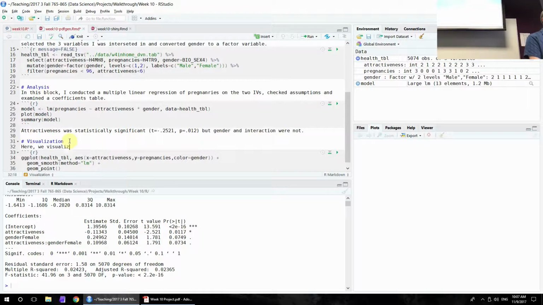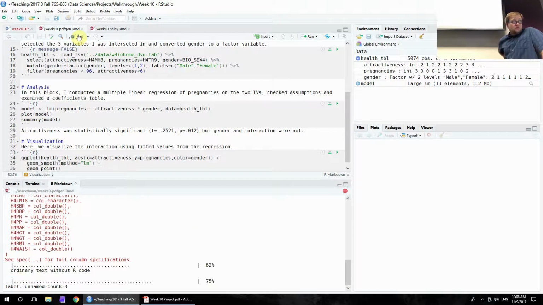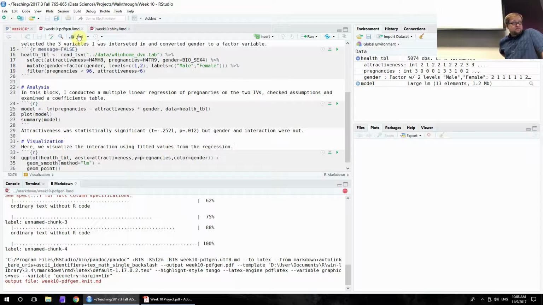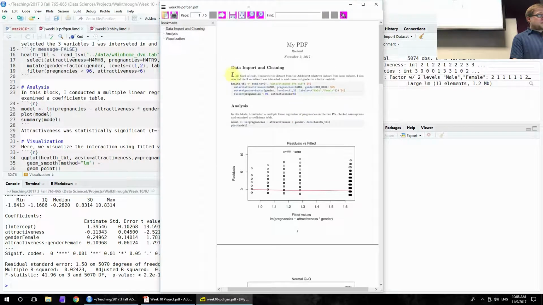Here we visualize the interaction using fitted values from the regression, or something like that. Rerun, reknit. There we go. And so you can see in the PDF that we ended up with this starter block of